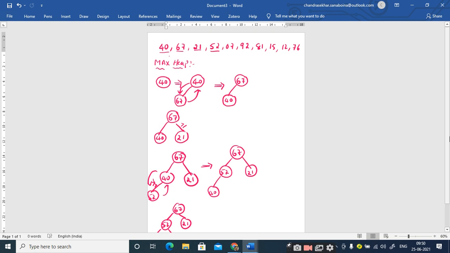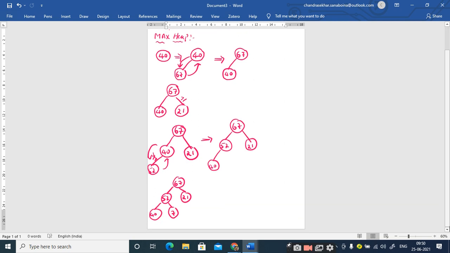So what is the next element I have in my list? 92, sir. Where should I place 92? Left child of 21. Right. So I am writing here itself. I should place 92 as the left child of 21. So this is how you should construct a max heap. You should write everything. What are the steps you are following? Why are you putting the 92 as the left child of 21? You should explain it. Right.